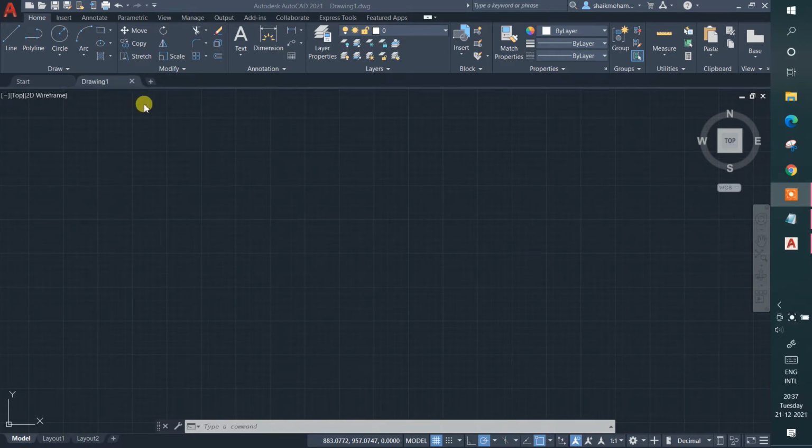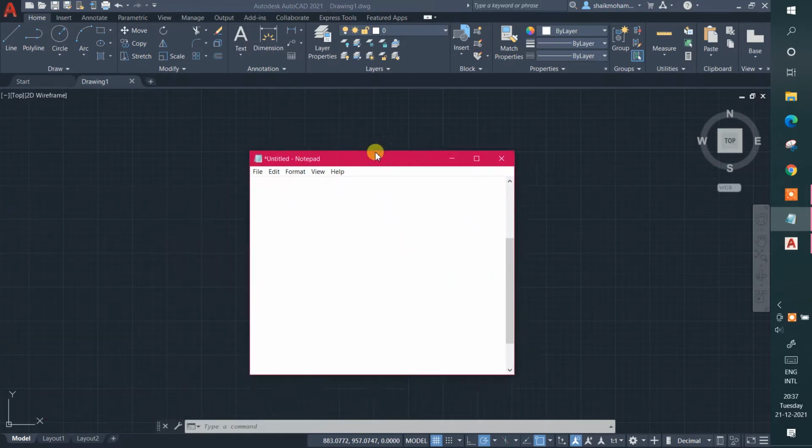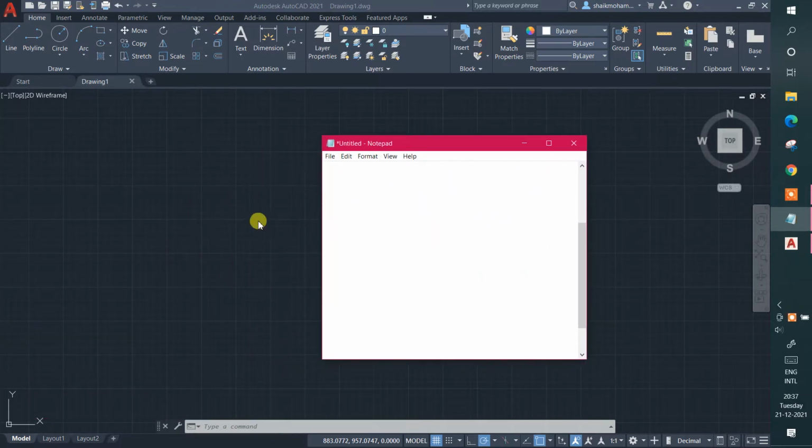First of all, when you open a new drawing, guys, the first thing we're going to do is set units, okay? First of all, we must set units, and then I'm going to type here, let me type here, guys, so that you can understand. Firstly, when you open a new drawing, you must set units first, and then what you're going to do is limits, okay,